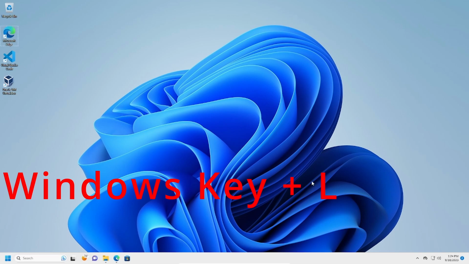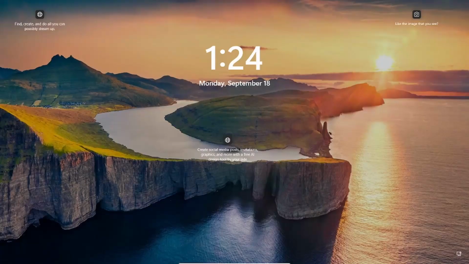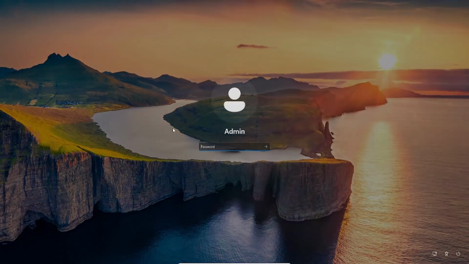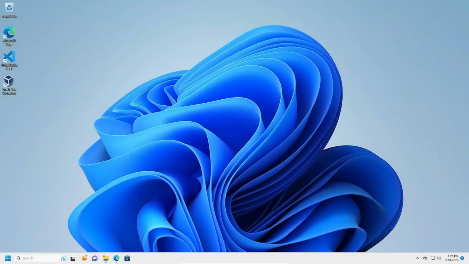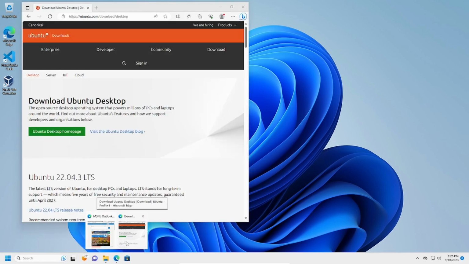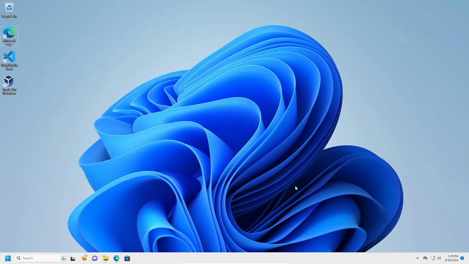You press Windows plus L. And then when you return from the restroom or wherever you went, you simply just have to log back in. And all your apps will be there just as they were before you left. Okay, next shortcut